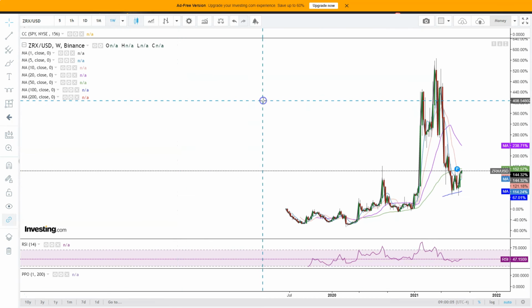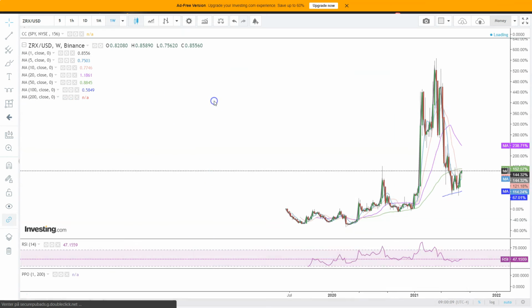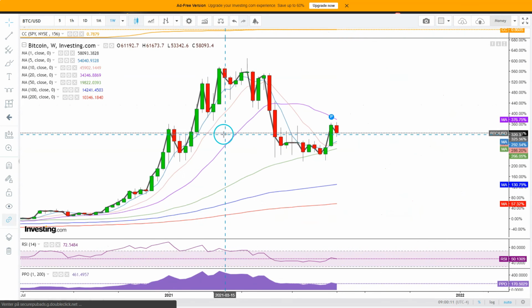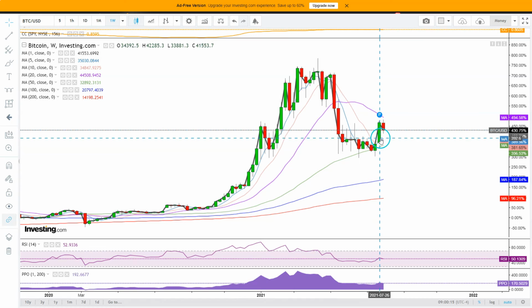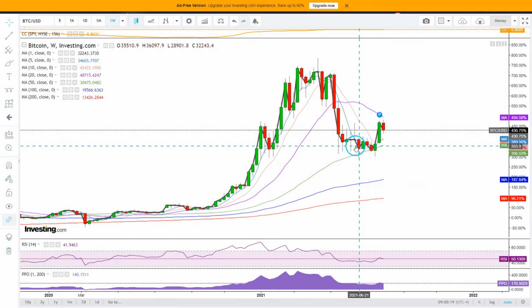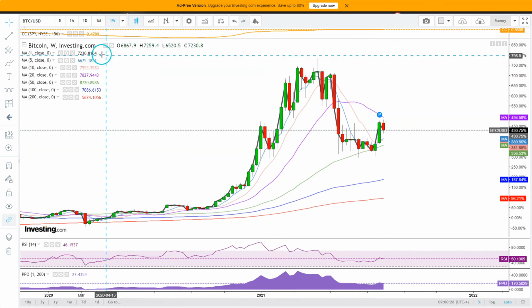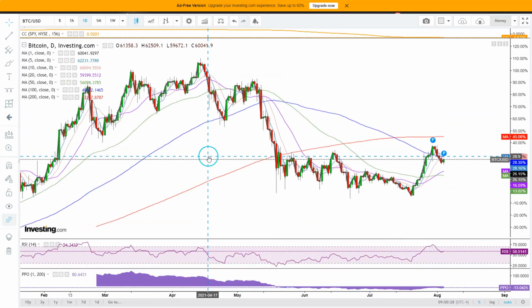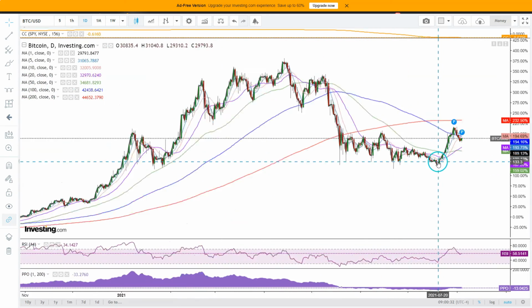So in the remaining time, let's quickly look at Bitcoin. So here we have it. We did see a very important event in the form of this rally, because we were really getting into some dangerous territory here around the 30,000 level. So this was a very big deal, very beneficial here for the bulls. So even though, yes, we have seen a bit of a pullback after that,